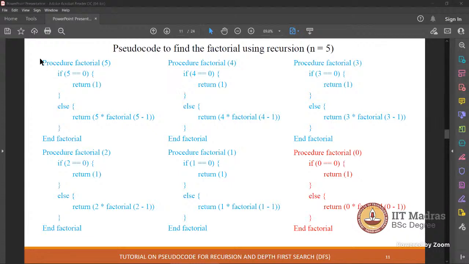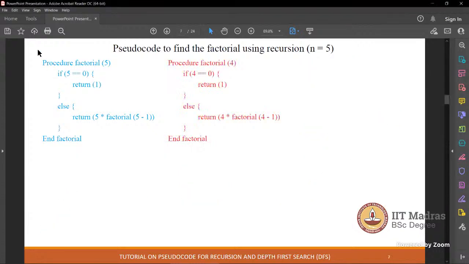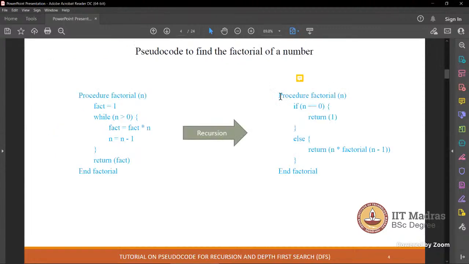Originally, this code is sufficient enough. You don't have to write anything else. Whatever n you pass, you will get the factorial of that value. When you write this line, result equals factorial of, let me call it z, whatever the value of z, you will get its factorial in the variable result. You don't have to write any other code. That's the beauty of it. The computer will take care of that because of this.